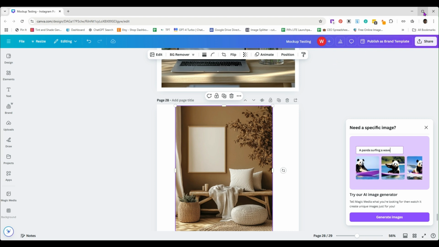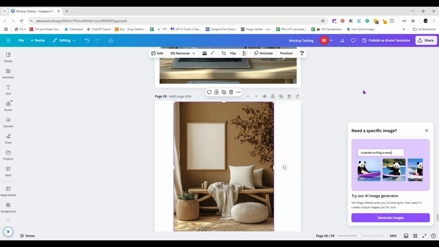A quick video on how you can go about creating your own custom mockups using AI and Canva. So I'm inside of my Canva account right now, and I've created a couple of different mockups. I used Midjourney as the AI for most of these graphics, but you can do this with whatever your AI tool of choice is, whether that's Galaxy AI, whether that's Canva, whether that's Creative Fabrica's Flow, whatever image generator that you use. You can take a mockup,